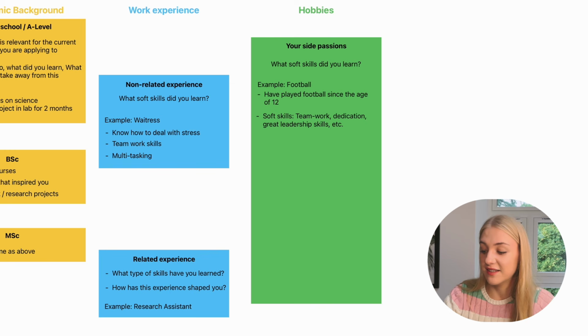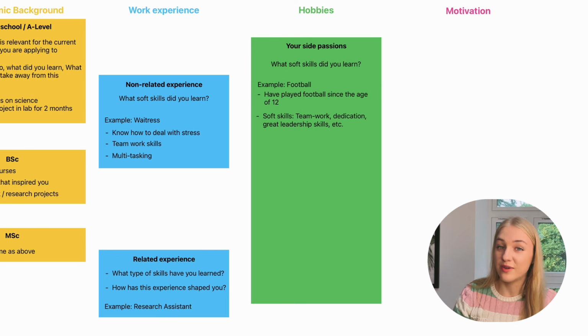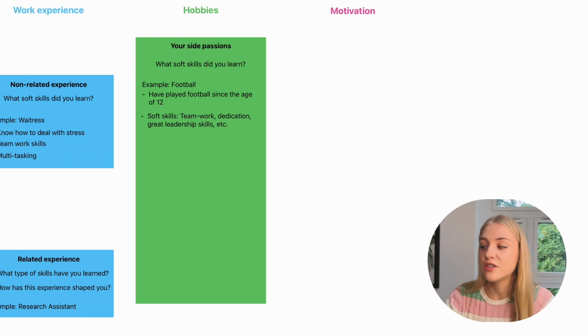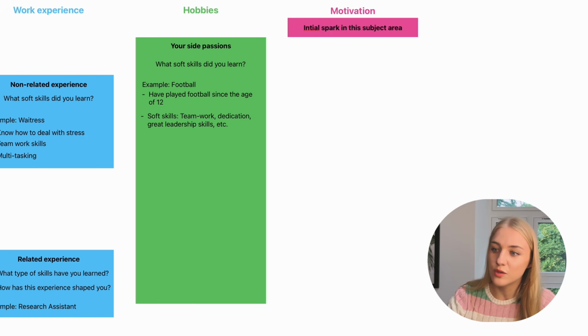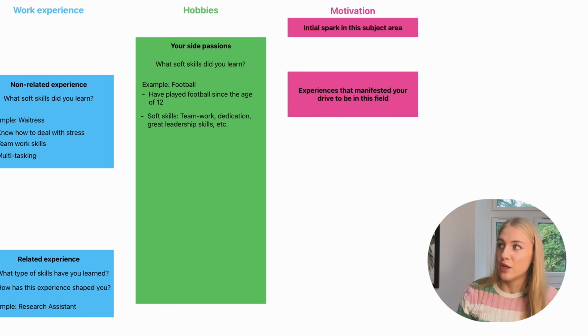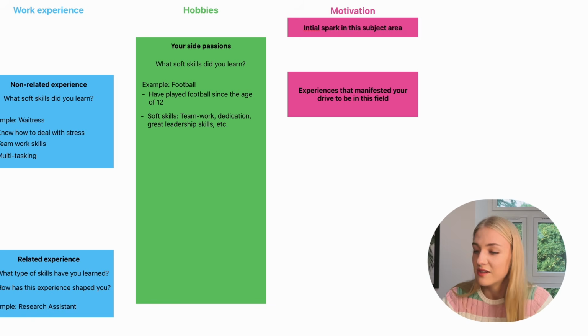Now, something that is actually one of the most important things to think about is, what is your motivation? Why have you chosen to go down this career or academic path? So for that, think about, why do you want to be in science, but also why do you want to do this specific course? You can think about, do you remember the time that was like the spark for you to get into science? And then you can think about, throughout your whole life afterwards, were there specific moments that confirm, oh, this is the right path for me? This could be work experience, this could be academic background, this could be reading a book, meeting a certain person. Basically note down, what is your drive? What motivates you? Try to be quite specific.